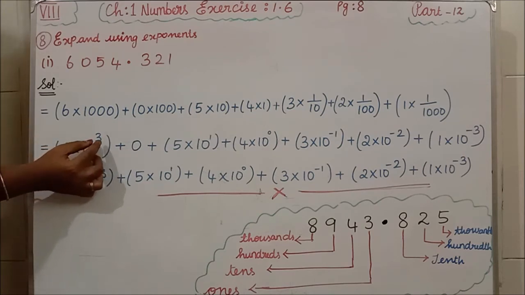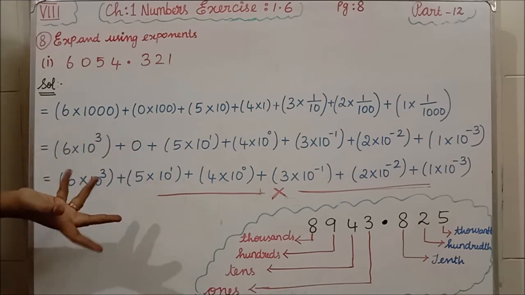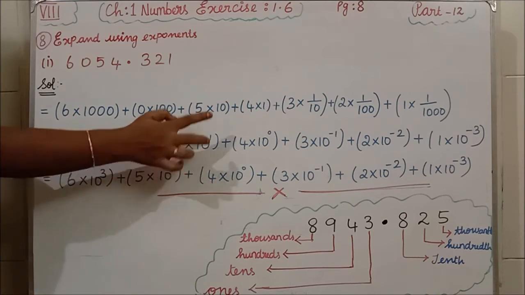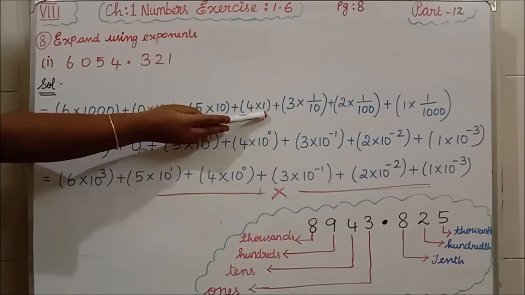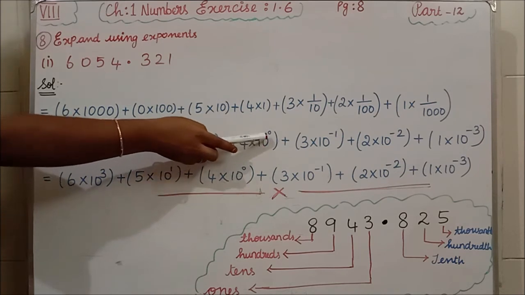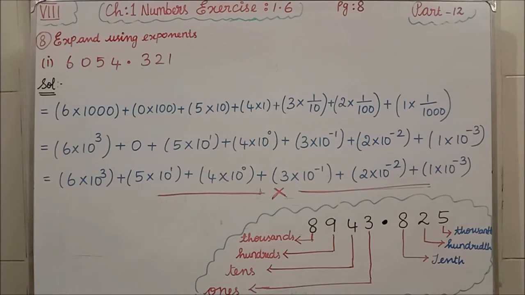See, the 10 power should be reduced. According to that we have to write 3. Here no square, so just 0. Then after 3, 2. 2 is no because of 0. Then 1, then 0. Why am I writing 10 power 0? Here we have written 4 into 1. We know the formula a power 0. Any number power 0 answer is what? 1, we know. So 10 power 0 answer is what? 1. So I am writing this one as 10 power 0. Clear all of you?